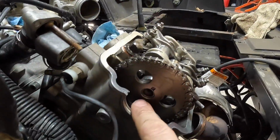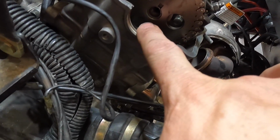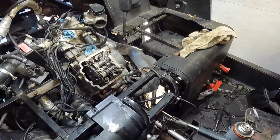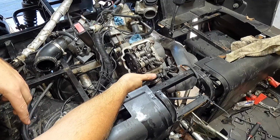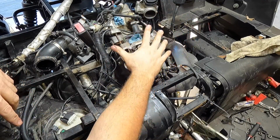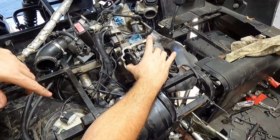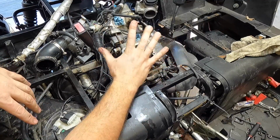And then this bolt here, actually I use red Loctite. It says 20 Newton meters, so I'm going to hit it pretty good with my impact. Make sure it stays in place. 20 Newton meters is not much. And then I'll throw the new timing chain tensioner in with gasket. And then we'll go ahead and put this guy on. Like I said, I'm going to let it set for a little bit, make sure that copper seal seals up really good before we actually add coolant,